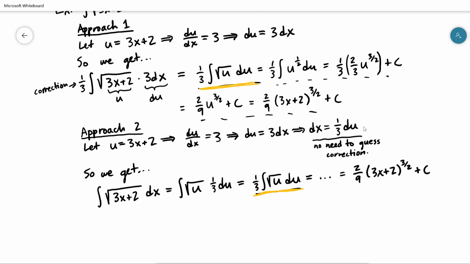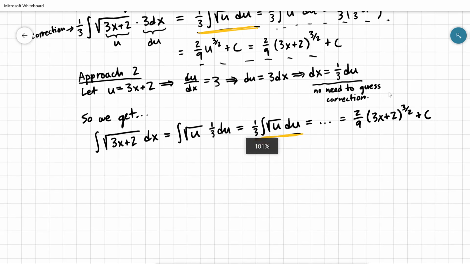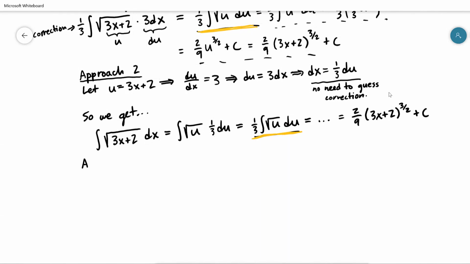This approach bypasses that guessing game, but I do see this leads to more mistakes down the line, especially when people start doing definite integrals. So you're welcome to do it. It is just not my personal preference. A third approach